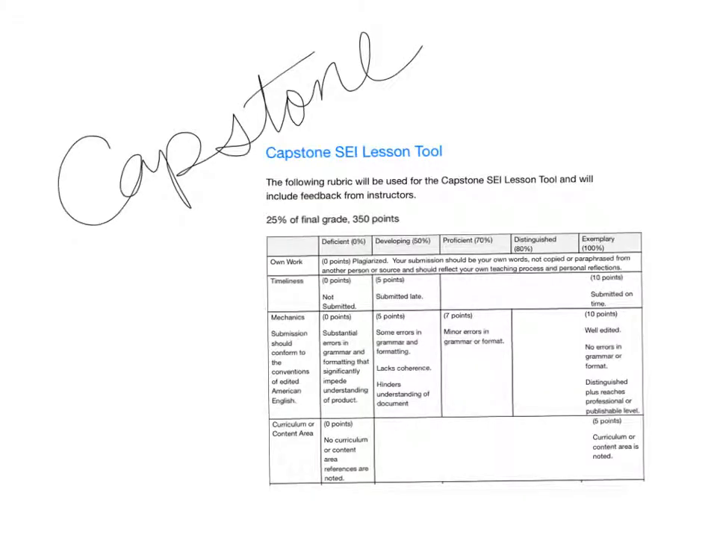So that's the SIRs. Those are the SIRs. Right now, I'm going to explain to you the capstone and what I should be seeing in the capstone. So same as before, your work is on time. It's your own work. You have edited it,